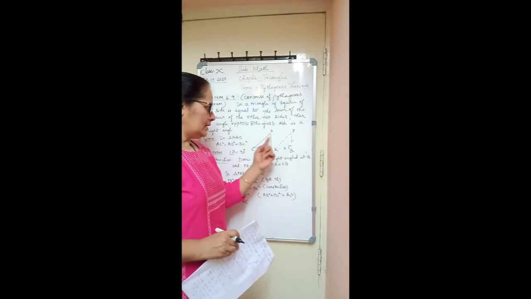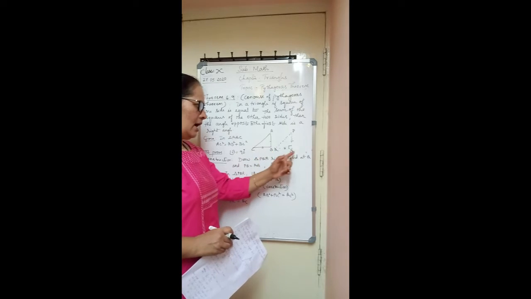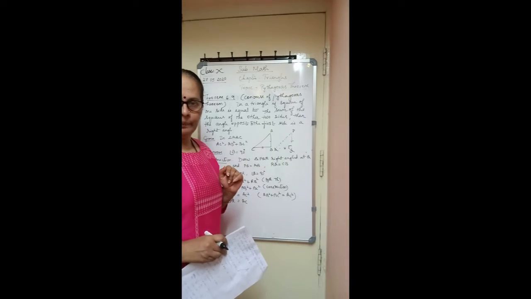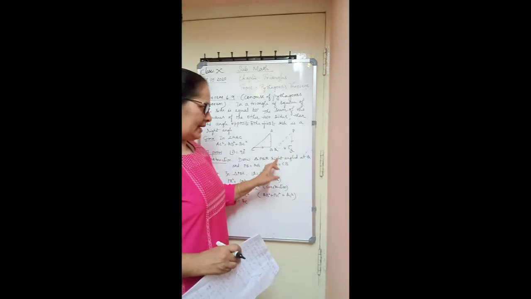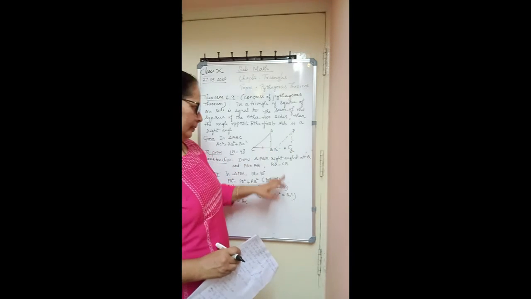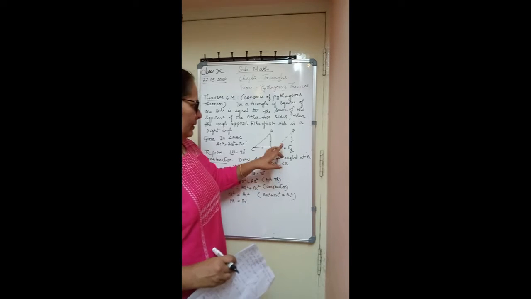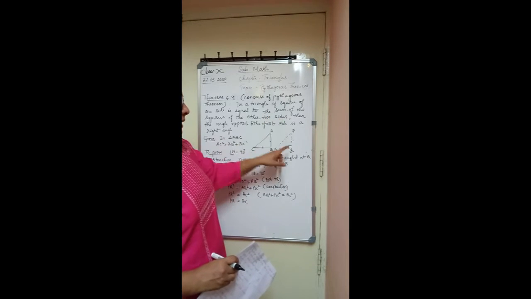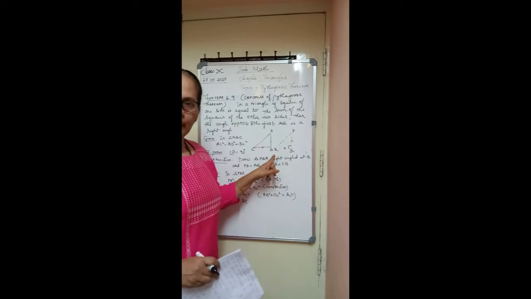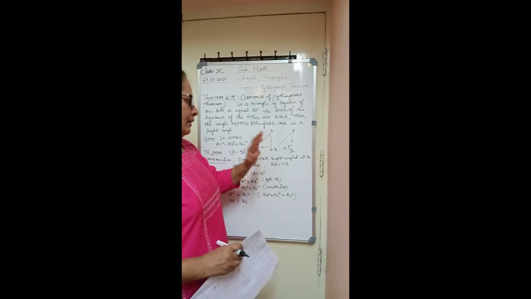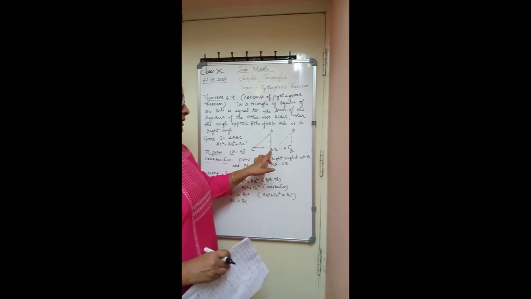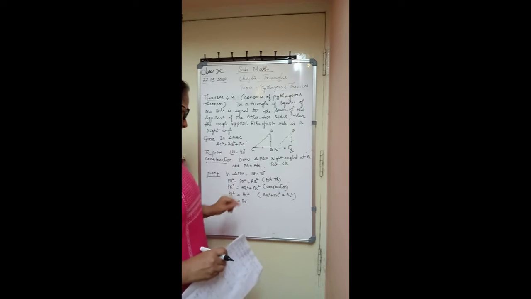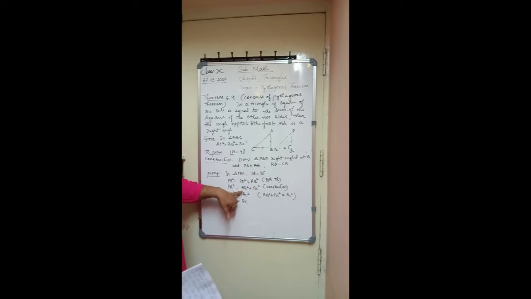where angle Q is 90 degree and PQ is equal to AB and RQ is equal to BC. Okay. Now apply Pythagoras theorem in the constructed triangle, that is PQR, where Q is 90 degree, so that PR square equals PQ square plus RQ square. Now since PQ is equal to AB, RQ equals BC, therefore you will get PR square equals AB square plus BC square.